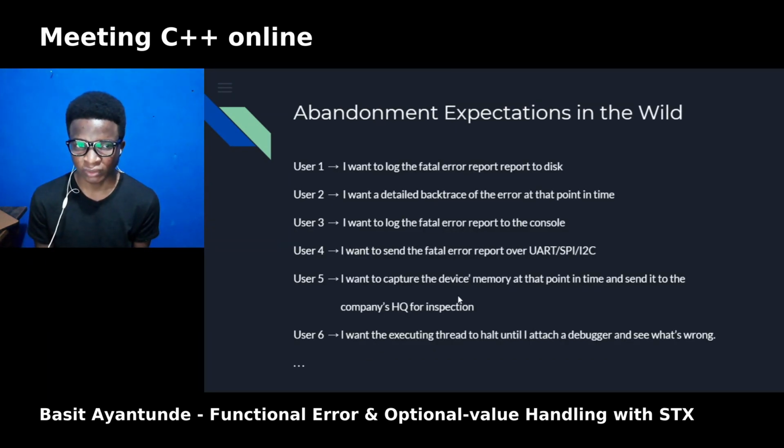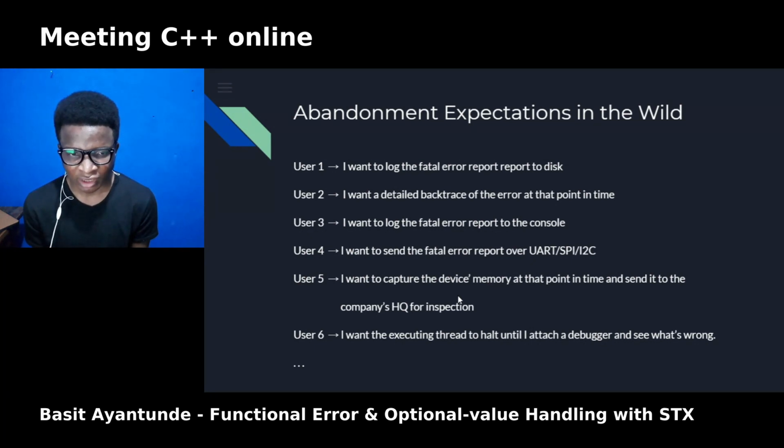We need to manage these expectations without touching all parts of a code base, because just for example, look at this requirement. User 1 might want to log the error report to disk. User 2 might want a detailed backtrace of the error at the point in time. User 3 might want to log the fatal error report to the console.